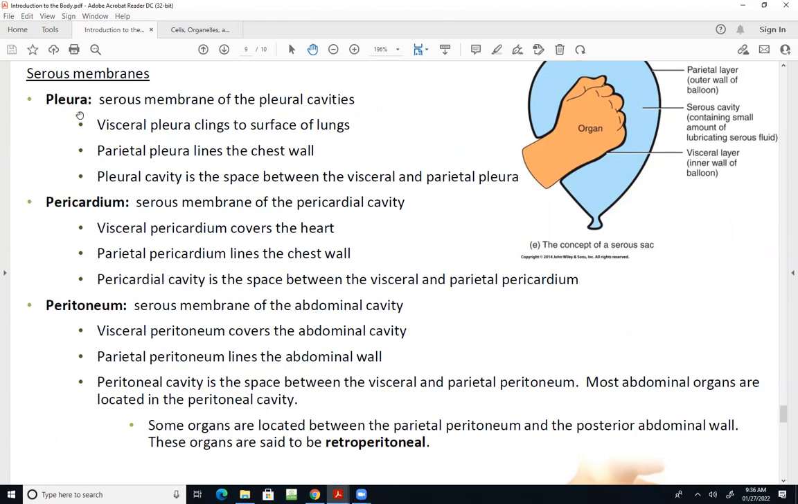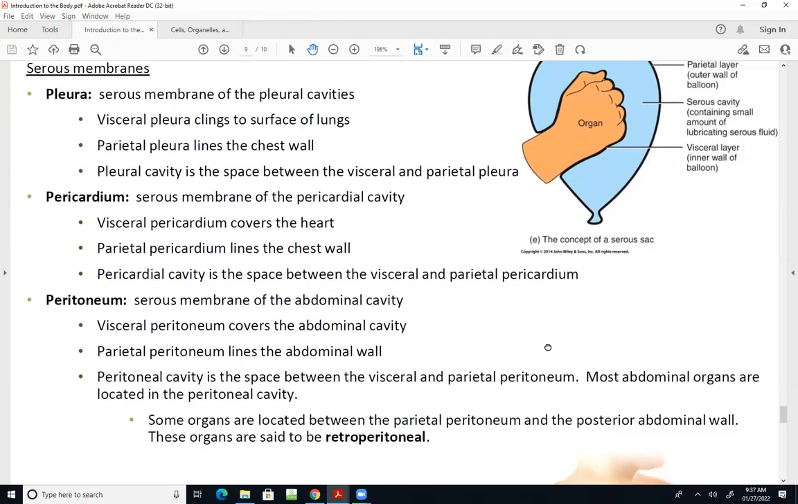We introduced the terms pleura and cardia the other day. Pleura or pleural always refers to lungs, and the pleural membrane or pleura is the serous membrane of our pleural cavities. The pleural cavities, remember, are the ones associated with our lungs. Each of these three membranes has two layers. The visceral pleura clings to the surface of the lungs. Parietal pleura lines the chest wall. And then the space between them is the pleural cavity,